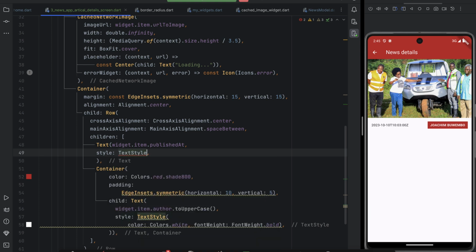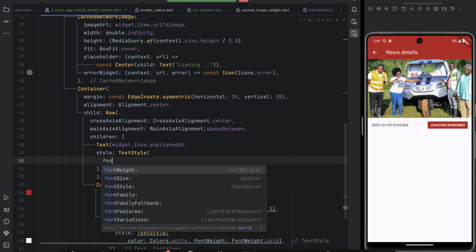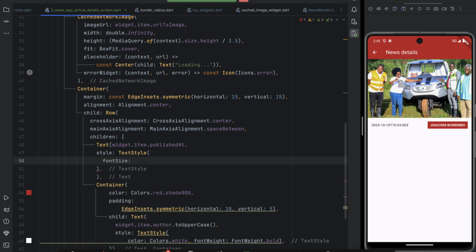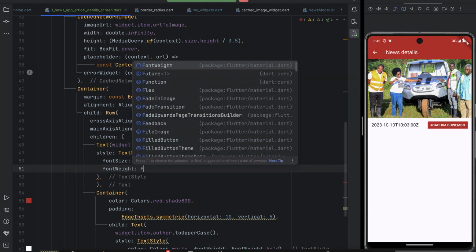Making something nice takes time. Okay, so increase its font size, and make it maybe 18. Okay, something like that. I don't know whether that's too much. So I can give it a font weight of bold,